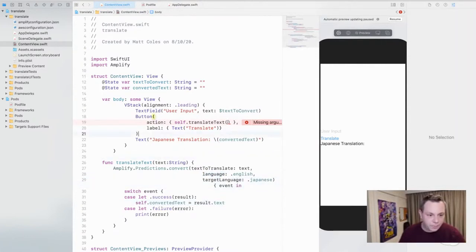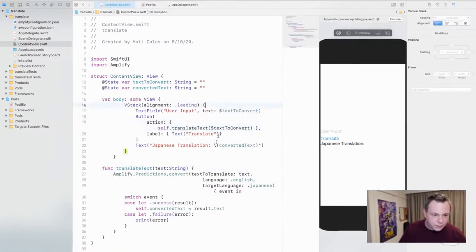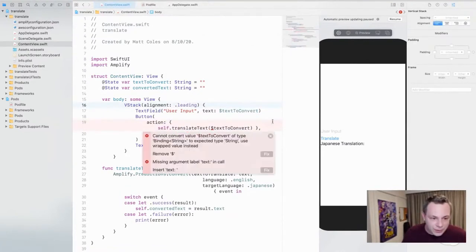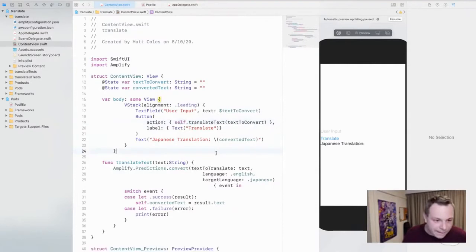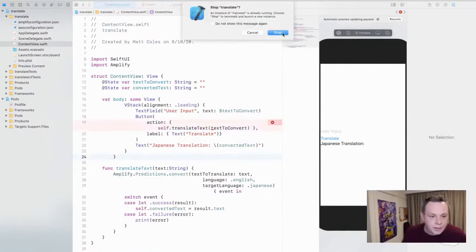So if I am, what's gone wrong here? Let's have a look. Self.translate text to convert. Yeah, I should probably feed in. I actually don't need to feed in the string text, do I? Can do it if it really wants it. Here we go. What we'll do is we'll run the, oh no, we've got some problems. What is it? Yeah, you're right. There we go. Let's see if it builds. And if we're in luck,